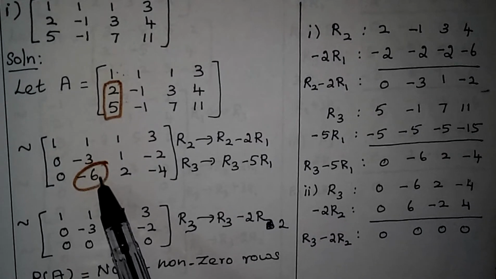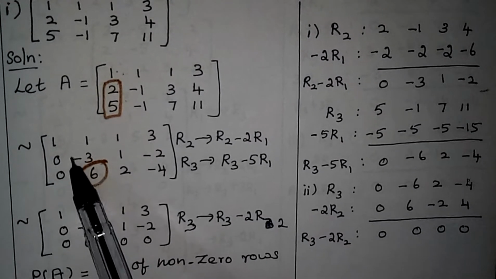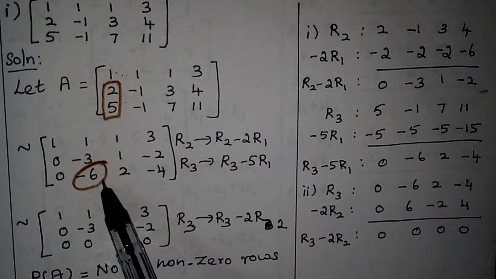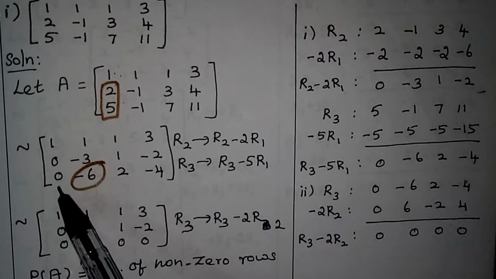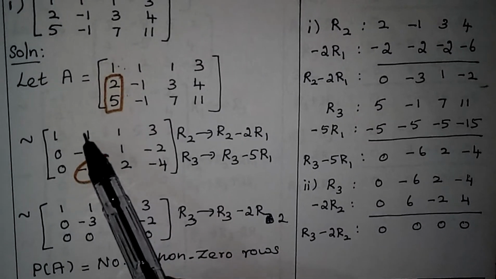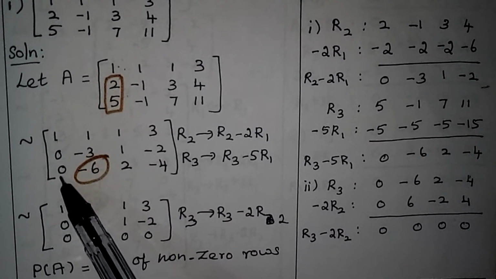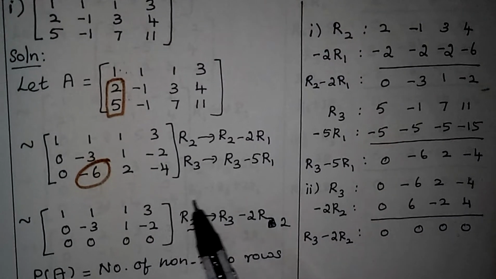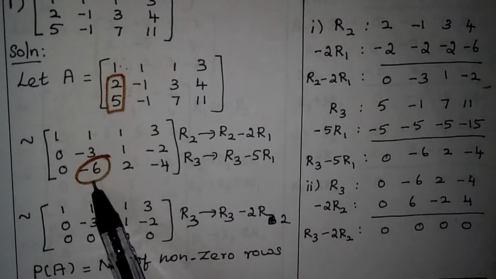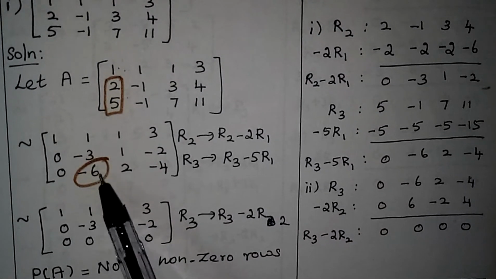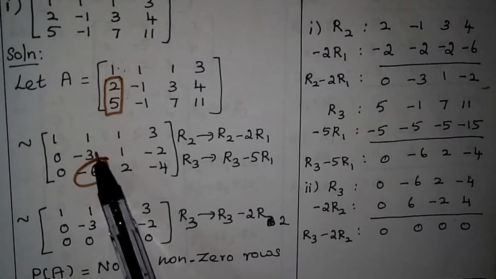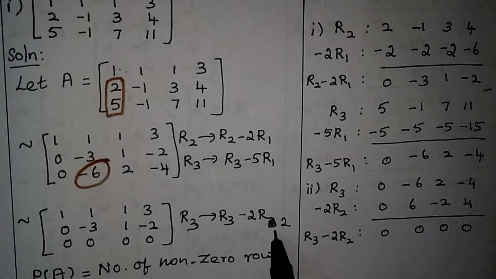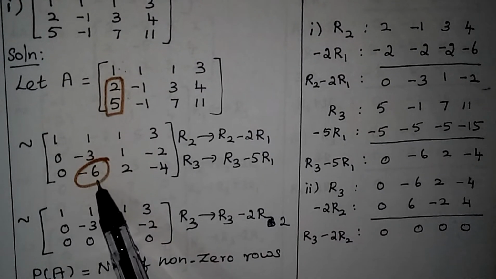So this minus 6 I am going to make it as 0. After making these two elements as 0, we should not take the first row for making this as 0, because if you take R1 along with R3, then this 0 will become a non-zero value. Okay, so we have to take only R3 and R2. So here, minus 6 plus 6 is 0, isn't it? So R3 minus 6 plus 6 is 0. So minus 6 minus 2 into this R2. Okay, only then this term will become 0.